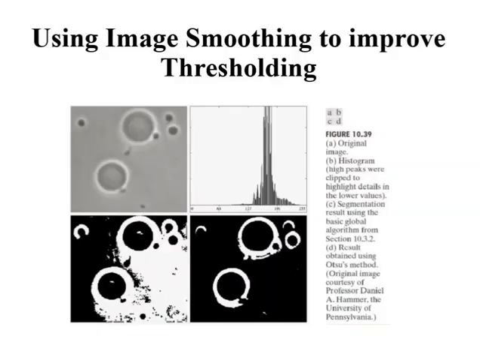When noise cannot be reduced at the source and thresholding is the segmentation method of choice, a technique that often enhances performance is to smooth the image prior to thresholding. We illustrate the approach with an example. Let us consider figure A, the noisy image. Figure B shows its histogram and figure C is the image thresholded using the Otsu method. Every black point in the white region and every white point in the black region is a thresholding error. So the segmentation was highly unsuccessful.